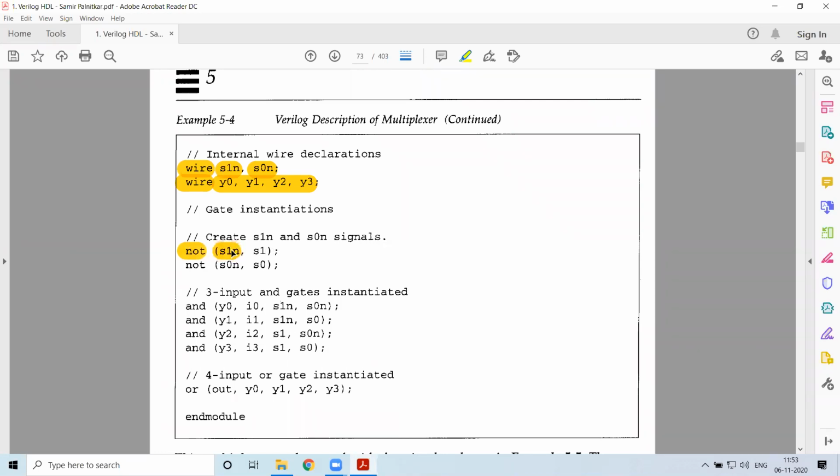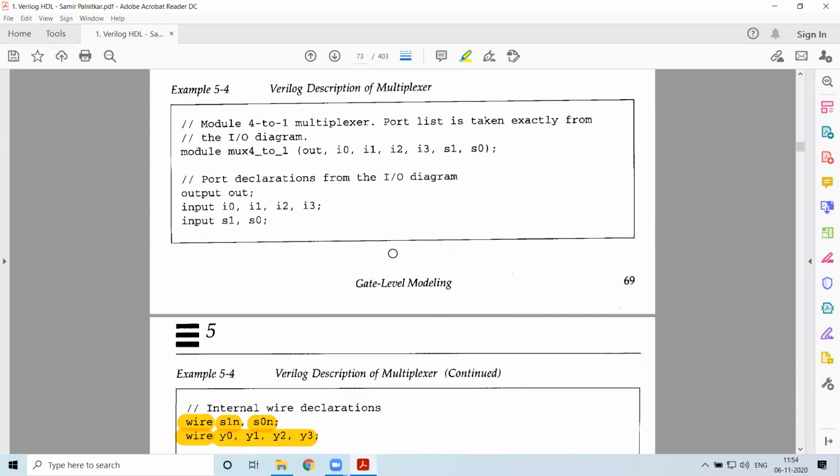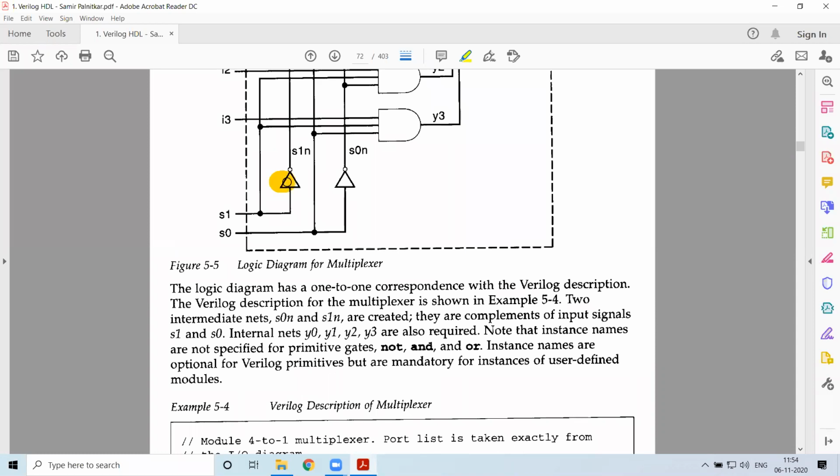So I have S1N, which is the result of S1. Here you can just check. This is the NOT gate. What is the output of this one? It is S1N. What is the input to this one? It is S1. So what you have done is you have defined this connection. S1 is given as input to the inverter and S1N will be getting the output.